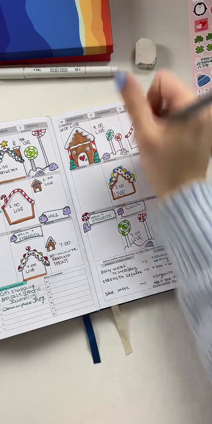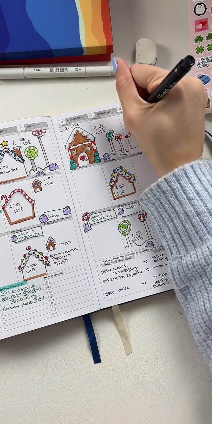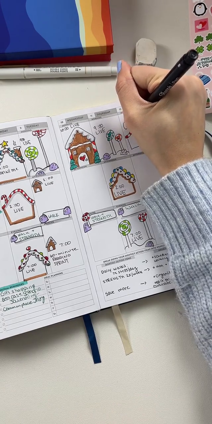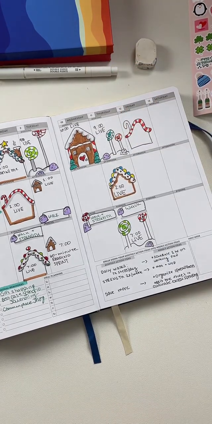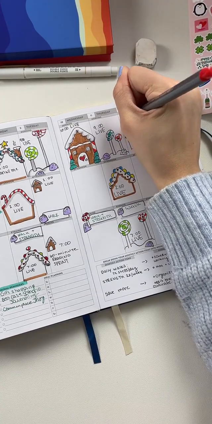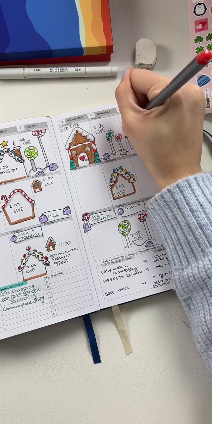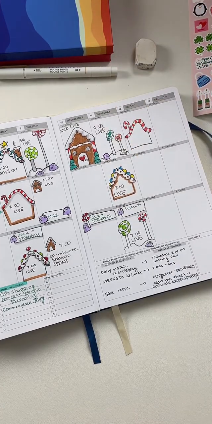It's kind of what it's giving. And then just like this. Perfect.